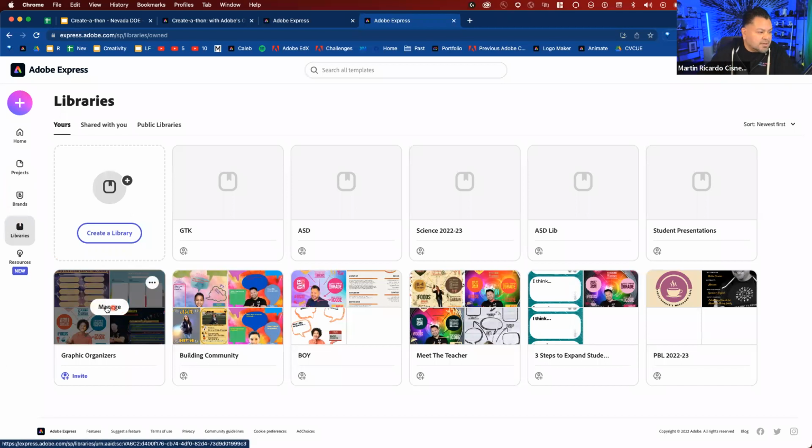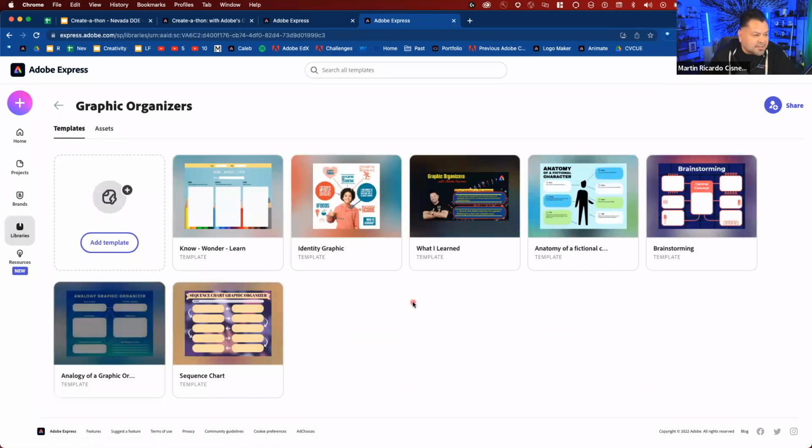So what you're going to do here is, once you get in here, you can manage this library, right? This is a library that I created that is called graphic organizers. So in here, I have a variety of graphic organizers. I have a brainstorming one. I have a sequence chart. I have an analogy graphic organizer, right? This is what I call my